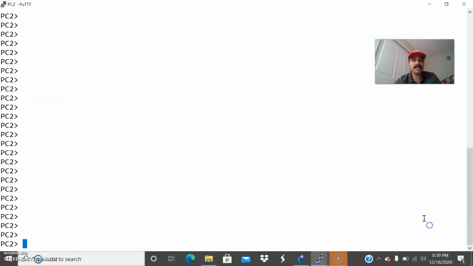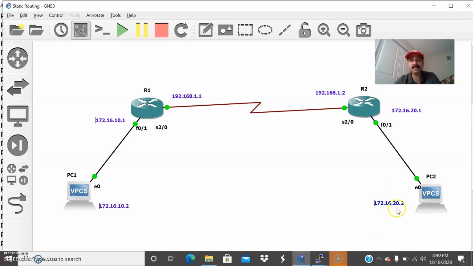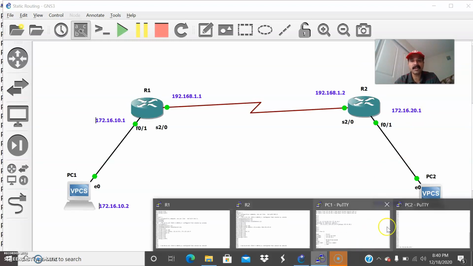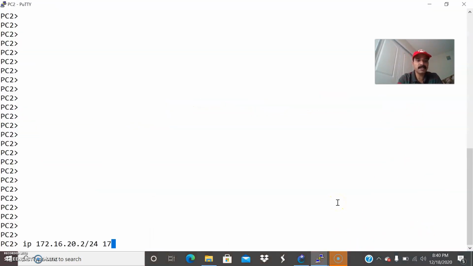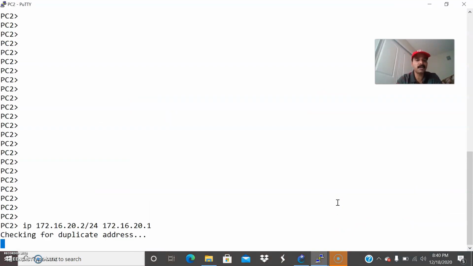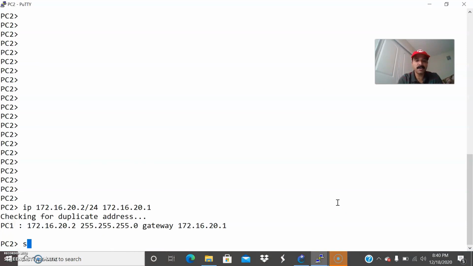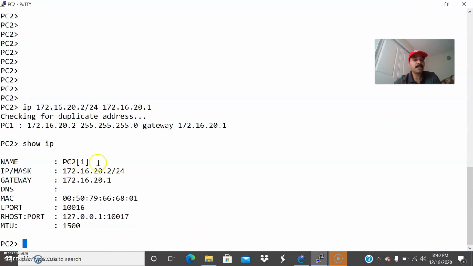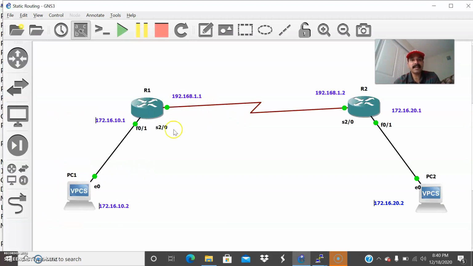Similarly, let us go to PC2, IP 172.16.20.2 slash 24-bit mask. I am assigning IP 20.2, and the gateway is 20.1, followed by 172.16.20.1. So I assigned the IP addresses for PC2 and PC1. How to check? Show IP. It will show the IP address and the corresponding gateway. So now I have configured the directly connected interfaces of both R1 and R2, and also assigned the